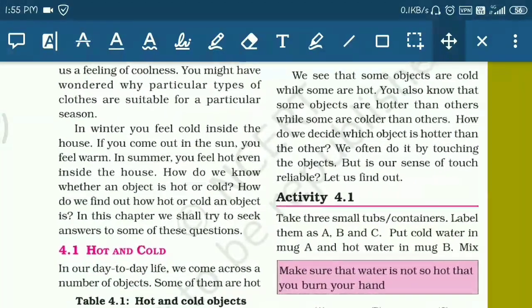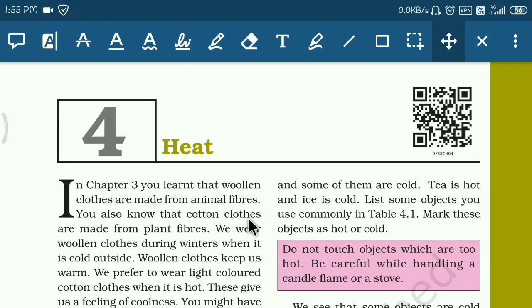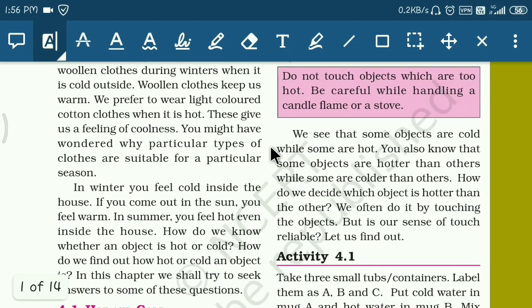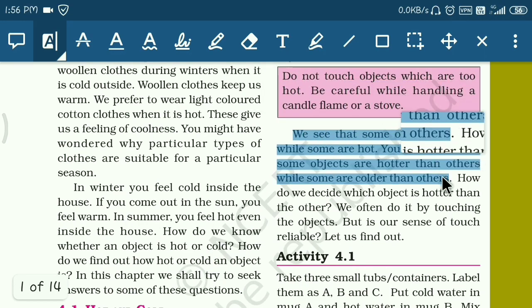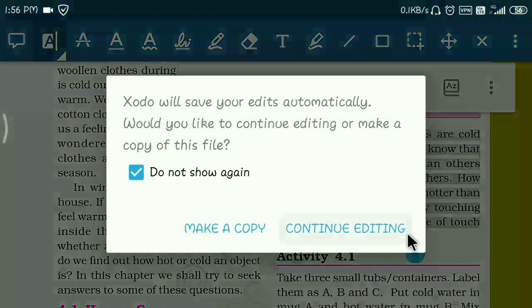So first of all, zoom it. Okay, now it is available. Now you can see this one, the chapter is on it. If any teacher wants to edit any portions for the student which is necessary or important, if he wants to highlight it, it can be done. For highlighting, use this option, the text highlight tool. Click it and then just highlight it. It is so easy. Suppose these things are very important for the students, so you can do that.